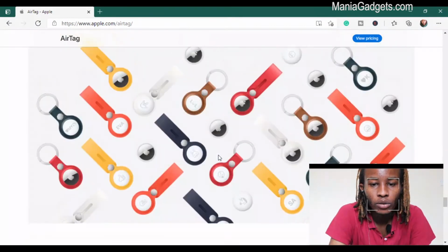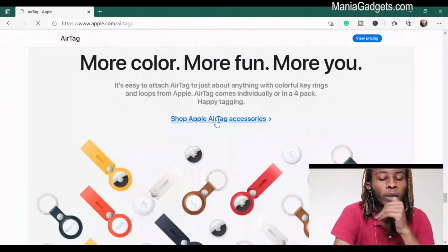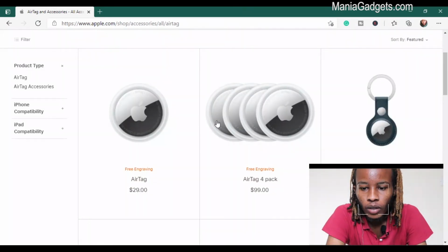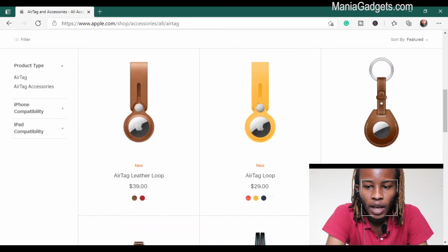Now the normal ones will cost maybe $35 or somewhere around there. The Hermes one is a little bit more expensive. AirTag leather keyring, $35, as I've said. The Hermes one is $349, super expensive, but